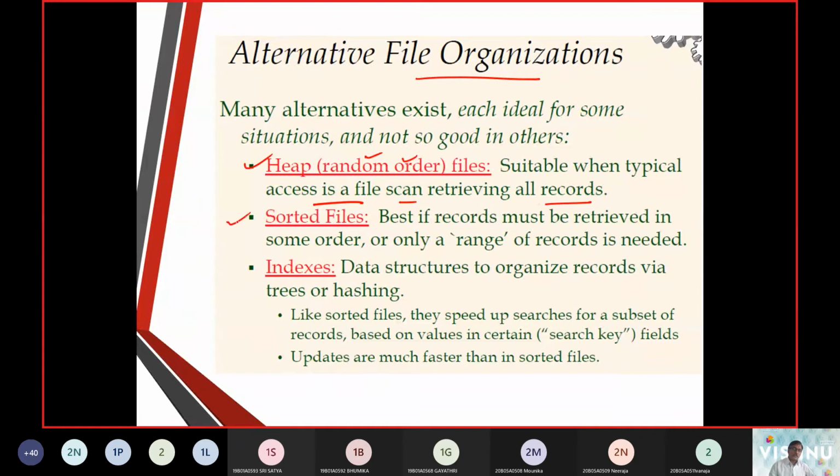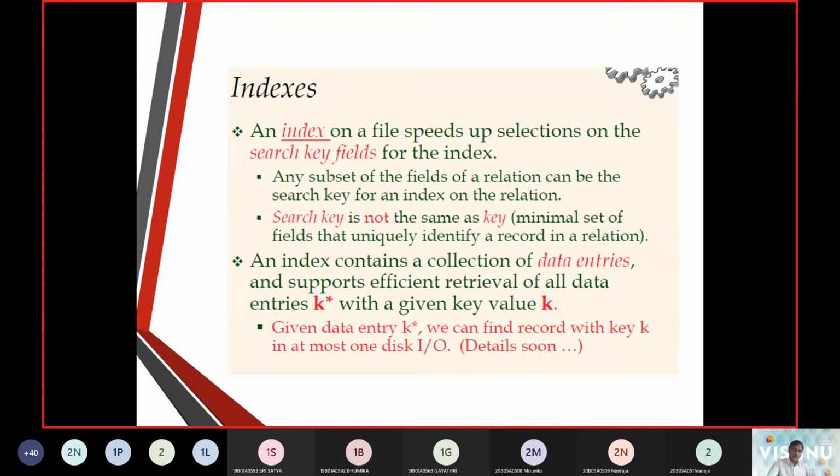The second way is files sorted in ascending or descending order. The third way is fetching items using a data structure called indexing, which points to a specific column. We use an index to speed up file access.